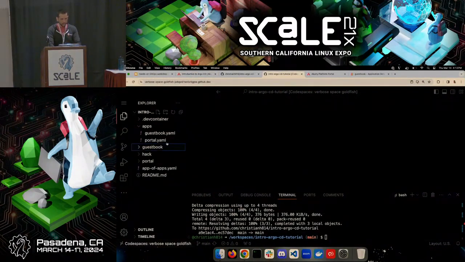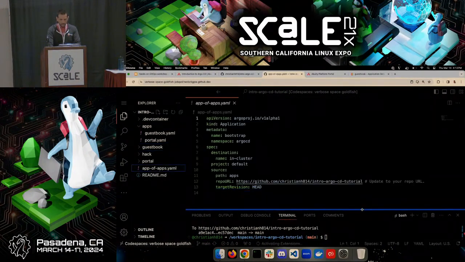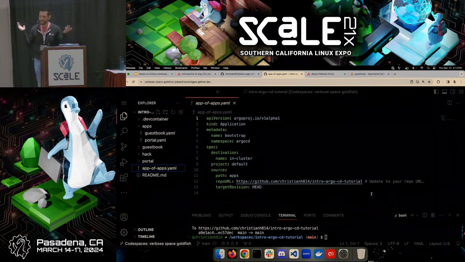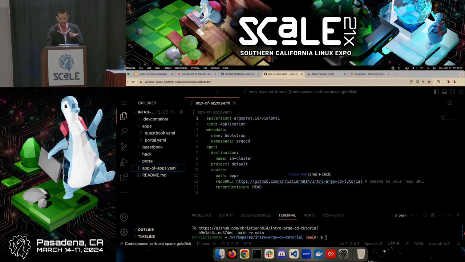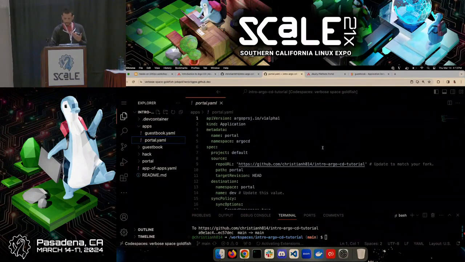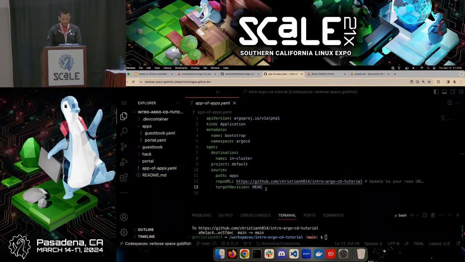And if you look at it here, there's an app of apps definition. What's really cool about it is there's nothing special about the definition. It's just another Argo CD application, right? It says, this is the repo URL, the one we're using, and the path is apps. If I look under apps in this directory, you see the guestbook app that we're using, and there's another app called Portal as well. So basically, this Argo CD application is going to deploy these two applications. So if I go up here with app of apps,